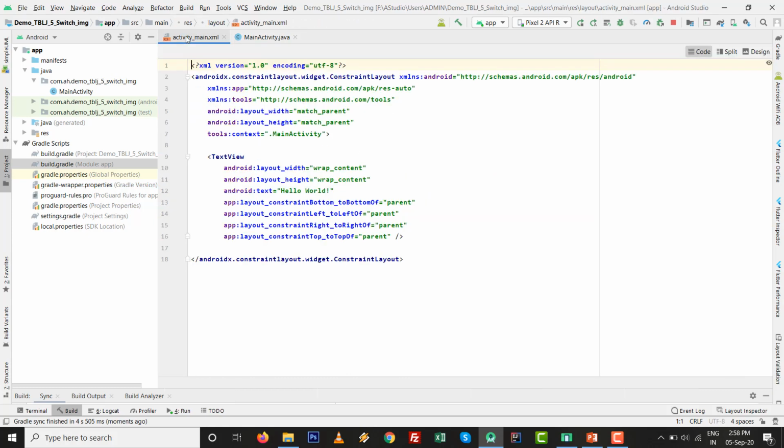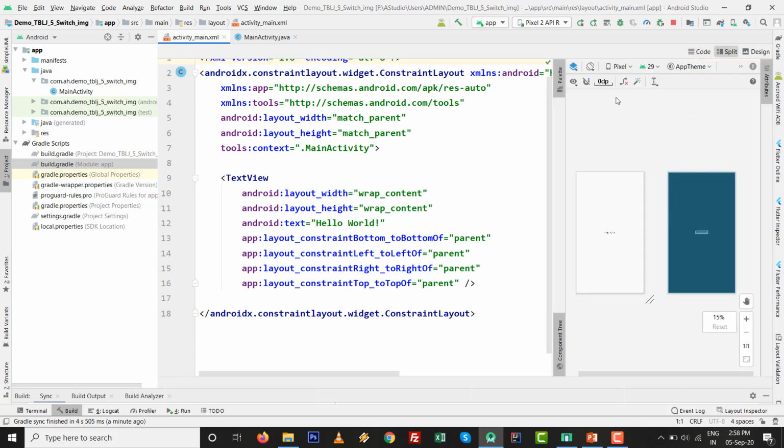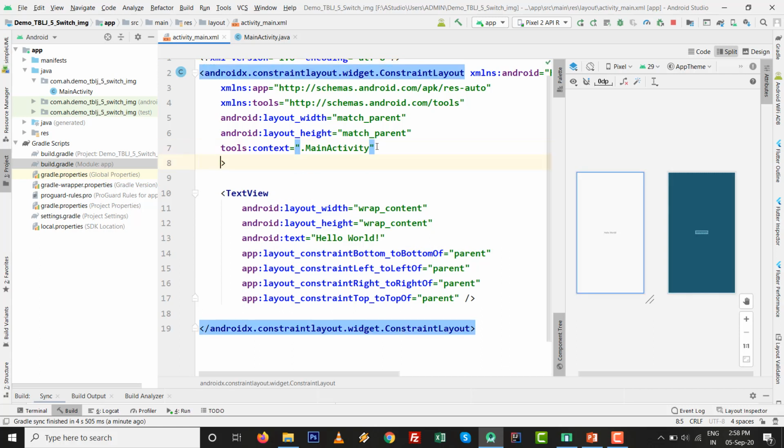Now design the screen inside our activity_main.xml. Just split the screen, and first I want to set the background. Before that, I have my bulb on image and bulb off image in my support file.